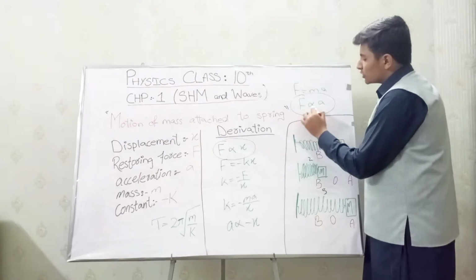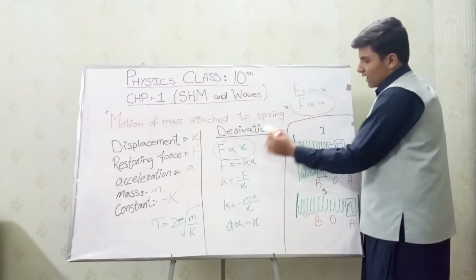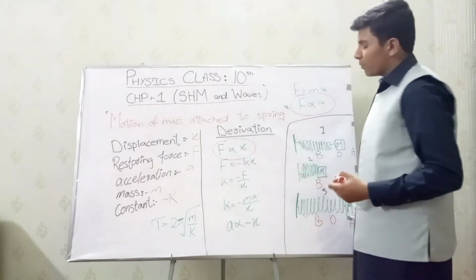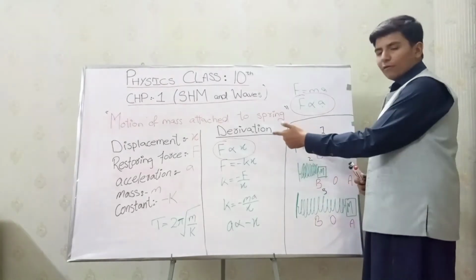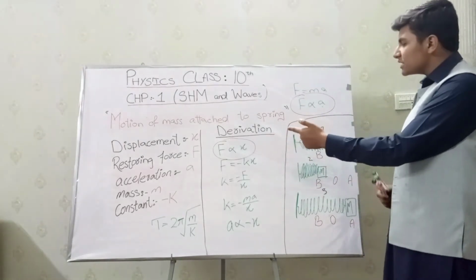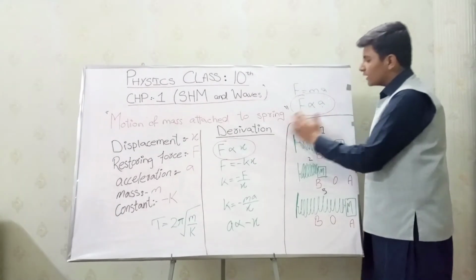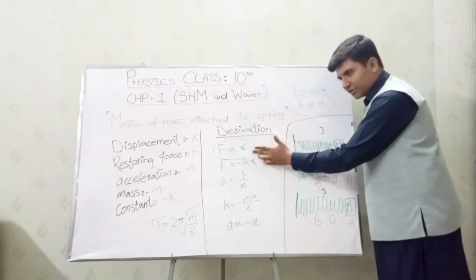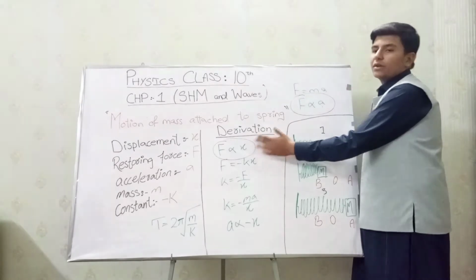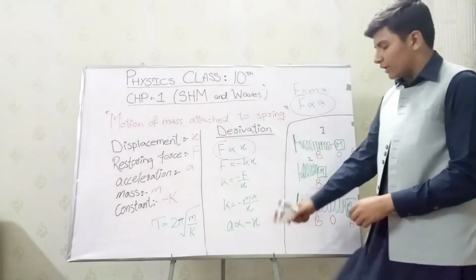When force increases, displacement increases, and force increases, so acceleration increases. So can I say that when acceleration increases, displacement increases, and when displacement increases, acceleration will also increase? I'll say